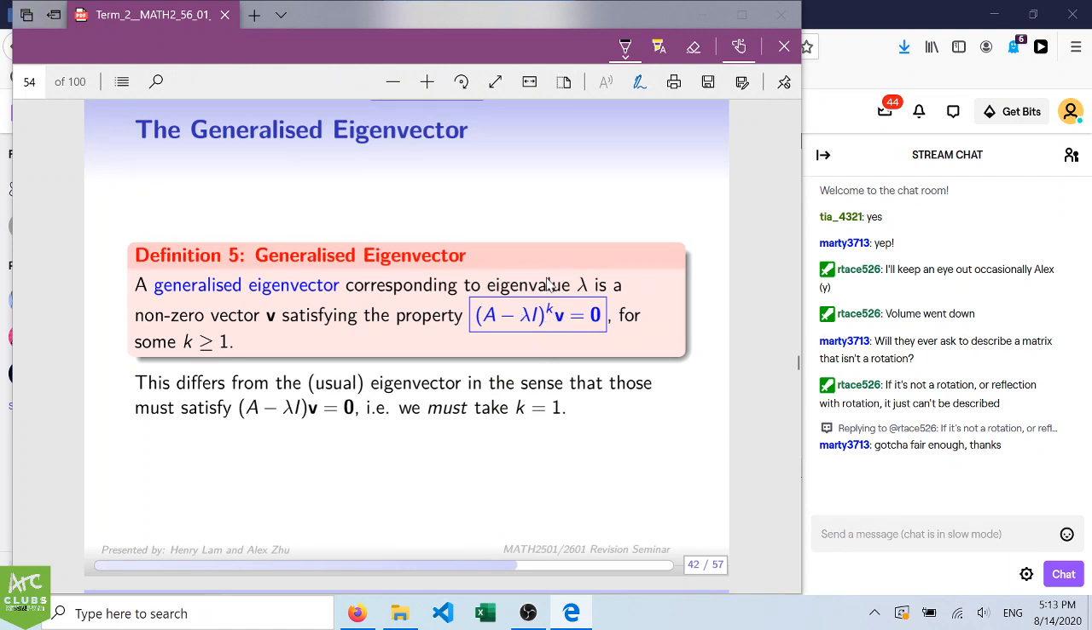And the reason why we have to use this is because some of the eigenvalues are going to have repeated roots and so on, and you actually have to repeatedly multiply A minus lambda I to get back into the kernel. Okay,